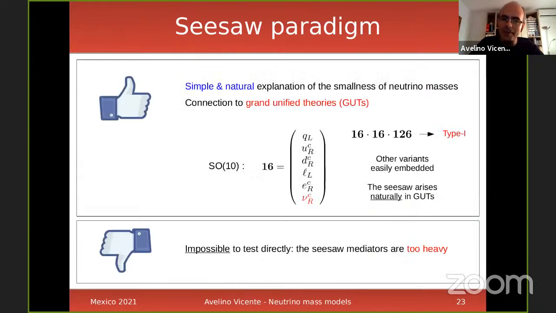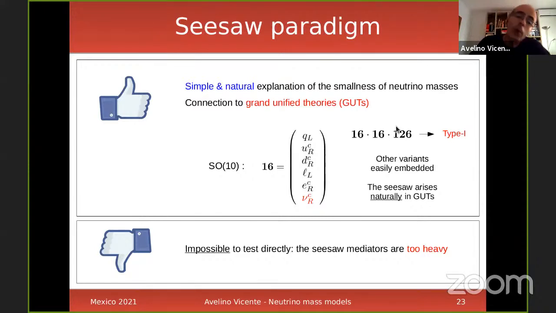In many theories of grand unification, for example in SO(10) theories, you have right-handed neutrinos in your model. In SO(10), the 16-plet, the representation in which all the standard model fermions fit, also has a hole, which can be filled by the right-handed neutrinos. So you naturally have right-handed neutrinos in this model, and with a coupling with a 126 representation, you get the type 1 seesaw automatically in this model. This is something that people like a lot, that you can embed the seesaw mechanism very easily in grand unification.